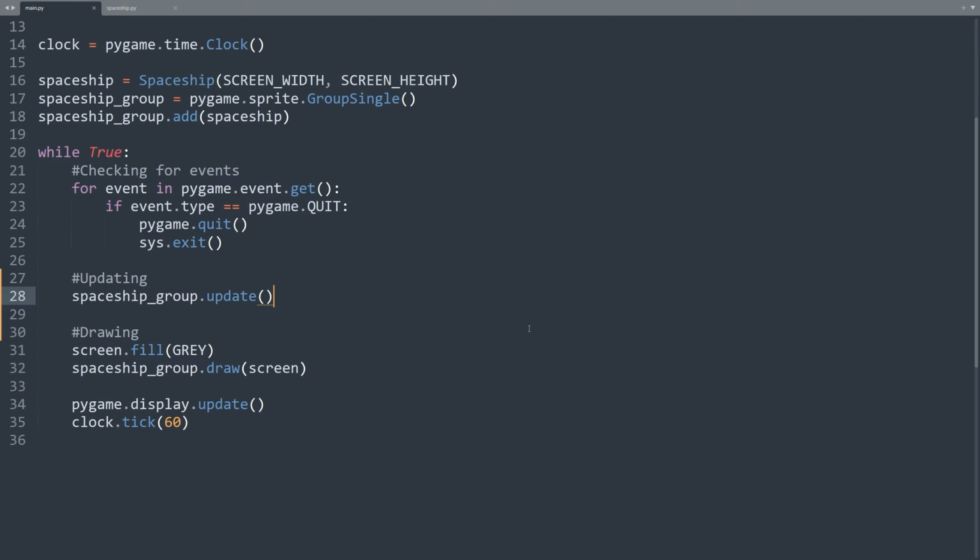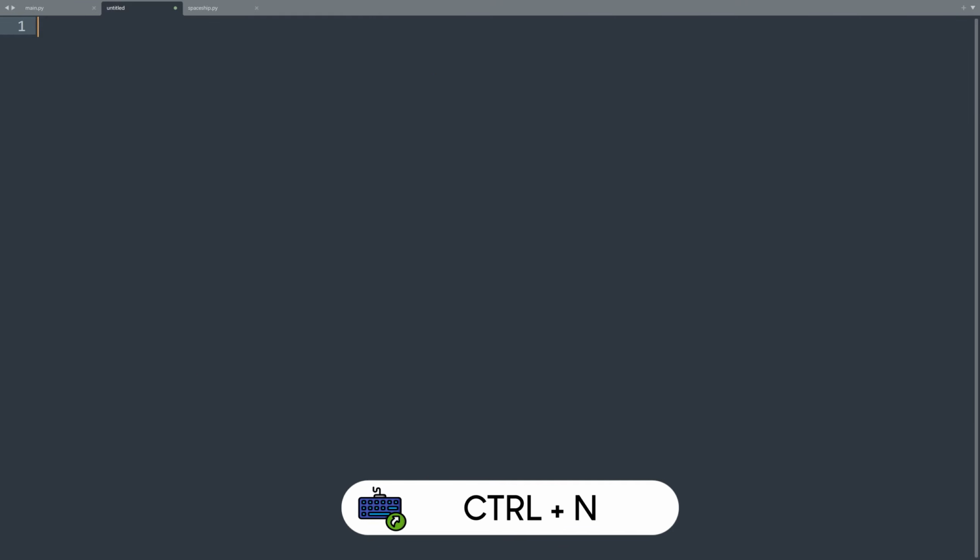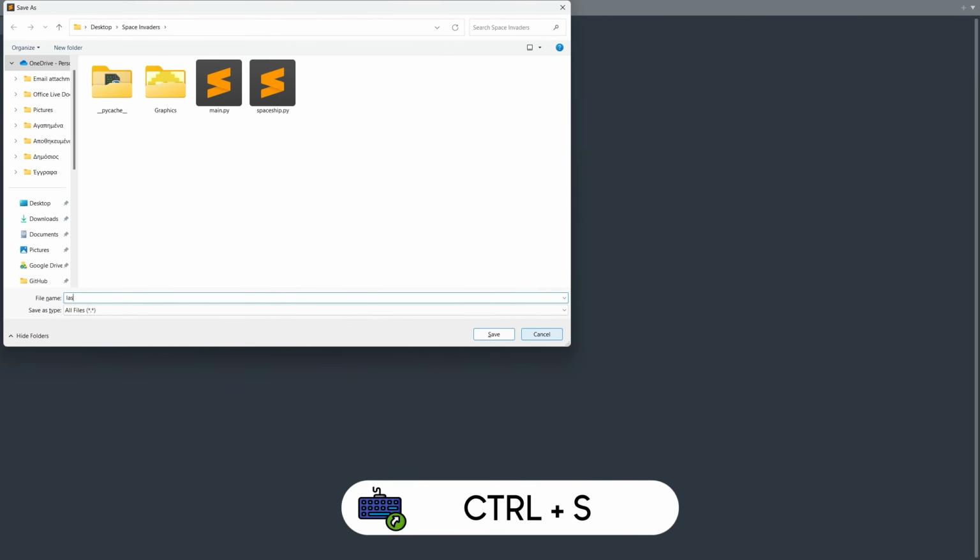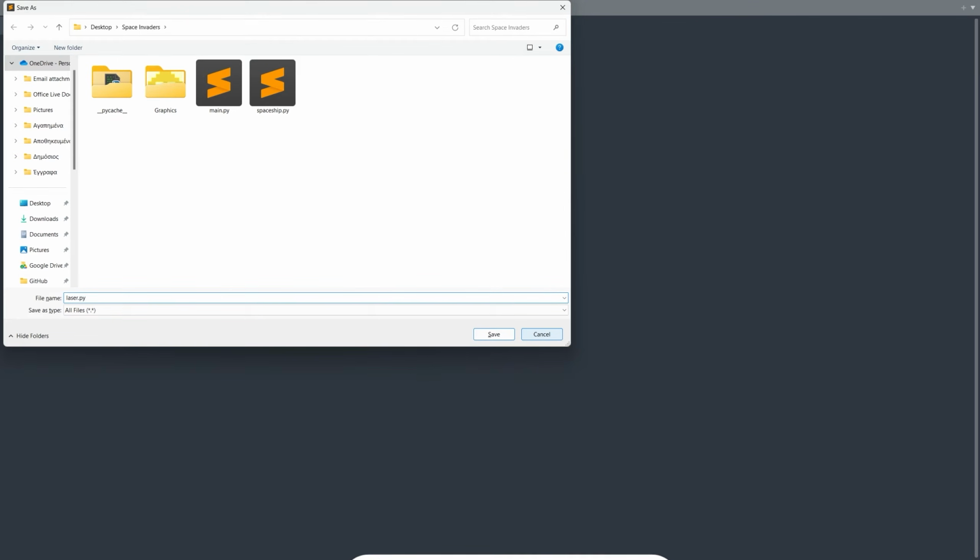Let's start by creating a new file. Ctrl+N to create a new file and Ctrl+S to save it as laser.py. Now again we have to import pygame. Import pygame. Now for the exciting part, let's build our laser class. It will inherit from the sprite class, and this inheritance will help us keep all the lasers organized and handle collisions easily.